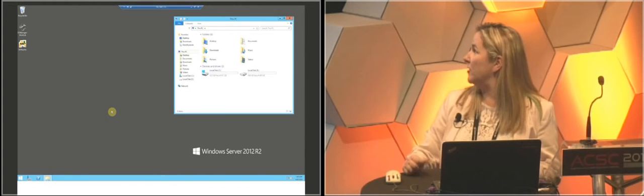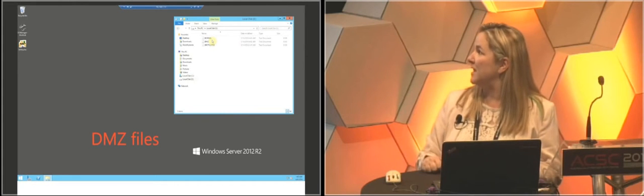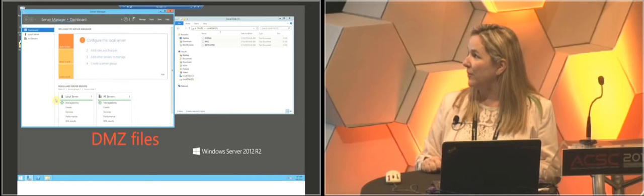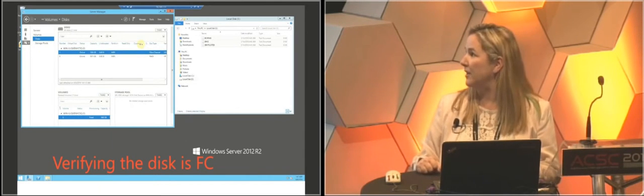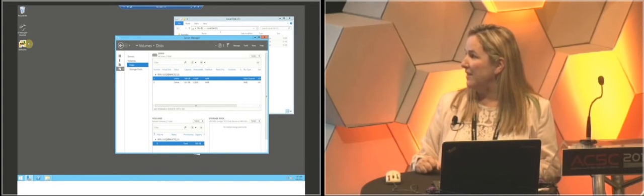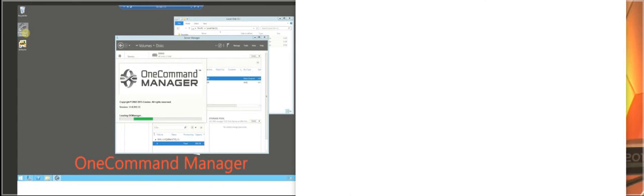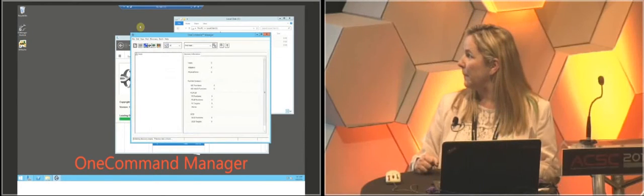So moving straight on, we know there's another server on our fiber channel network. We want to see if we can get anything from that. So back on the same server, we're having a look at what's on our fiber channel disk. We see we've got boring DMZ untrusted files there. We double check that E drive under storage, and it's a fiber channel drive, so we know that we've got a link into the fiber channel network there. Using another vendor tool,